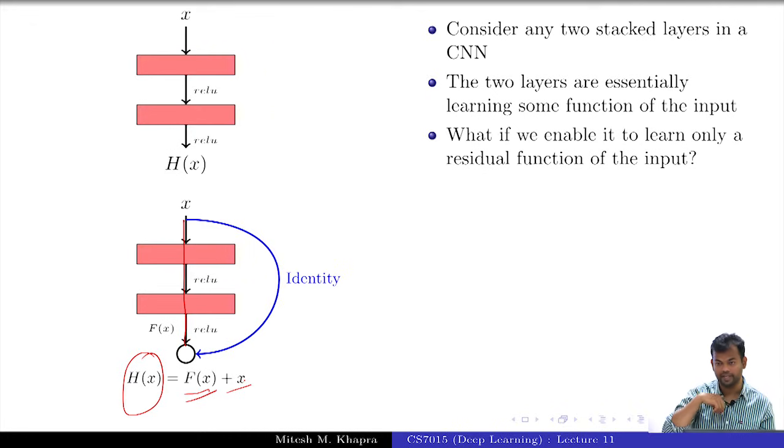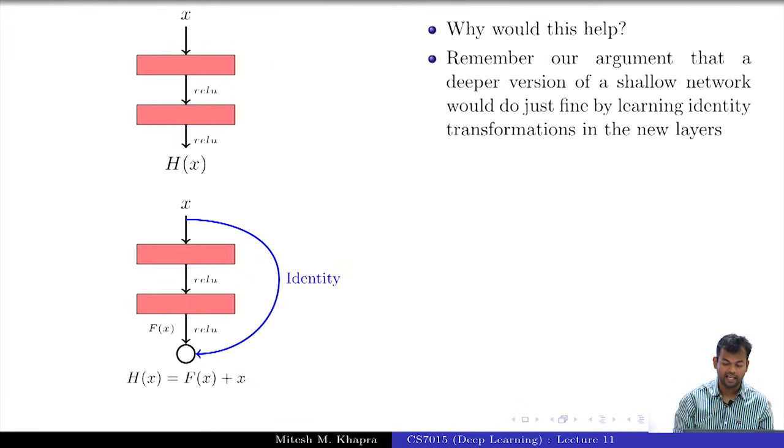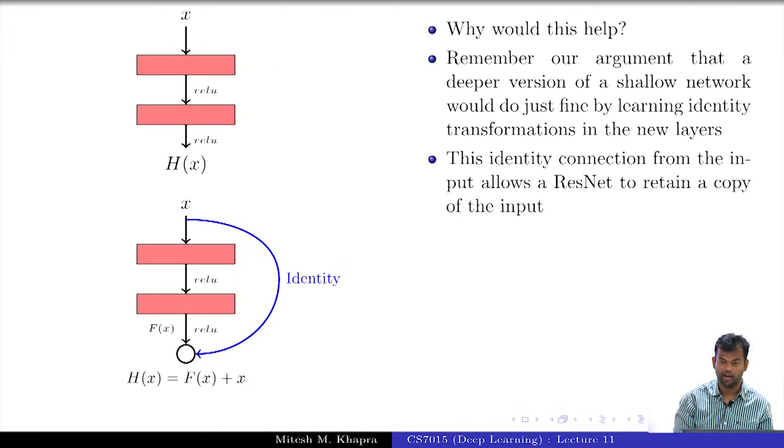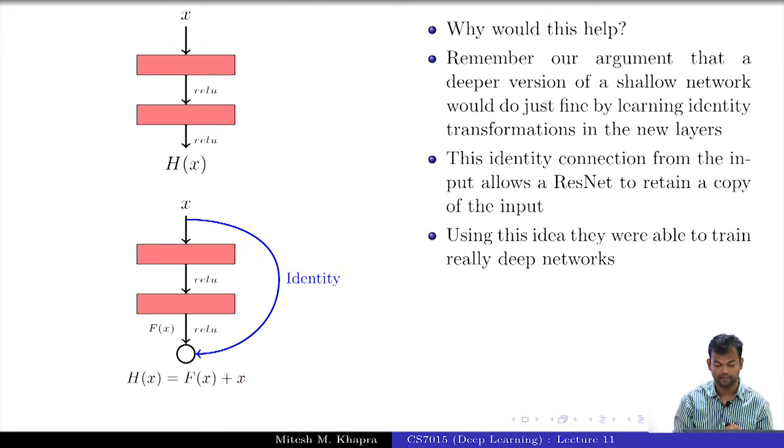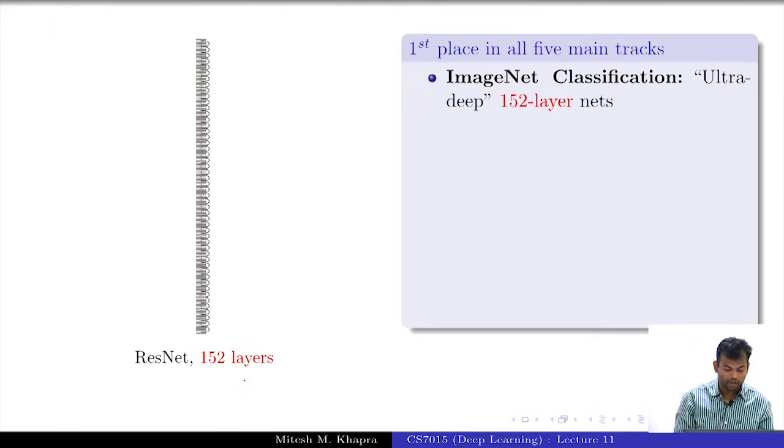So these are known as skip connections. So after every 2 layers, I'll feed back the x, or you could try after every 3 layers, I'll feed back the x. So I'm trying to maintain the original copy of x after every interval, okay? Fine. So why would this help? So this follows back from our argument, and that's the same thing which I said before. So using this idea of skip connections, these authors were able to train a really deep network of